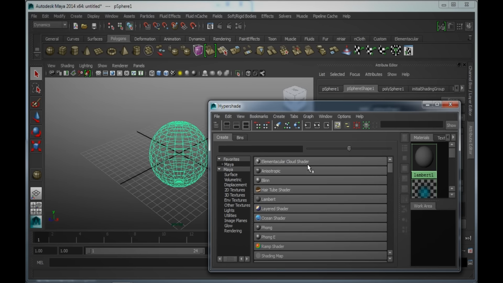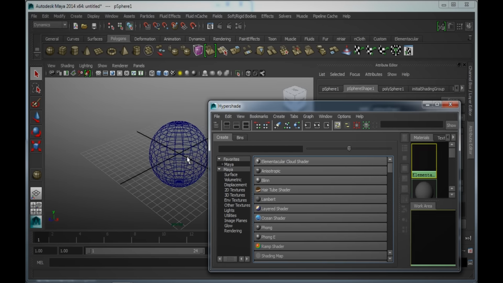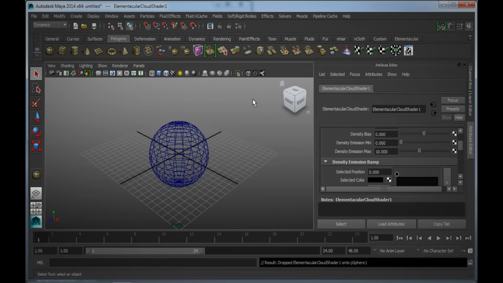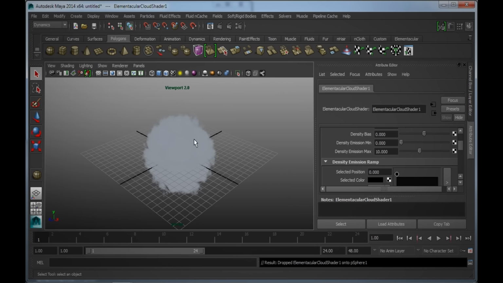I'm going to drag in the material. You'll notice that no cloud actually appears yet. We need to enable the Viewport 2.0 rendering and enable the flat shaded and texturing. Now what you see here is the default appearance of the cloud, and we want to make this look like